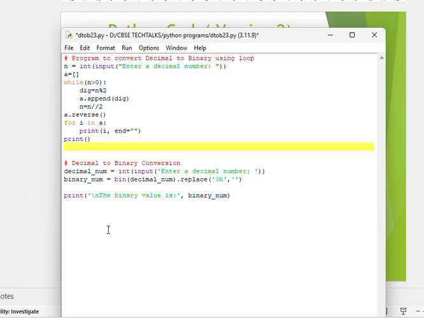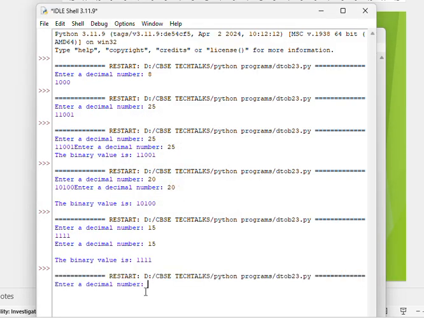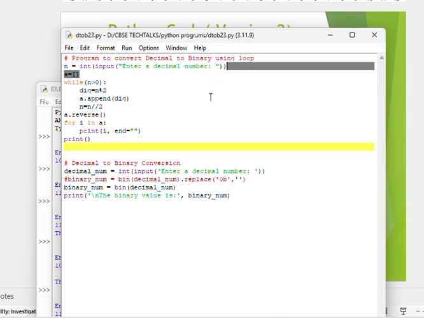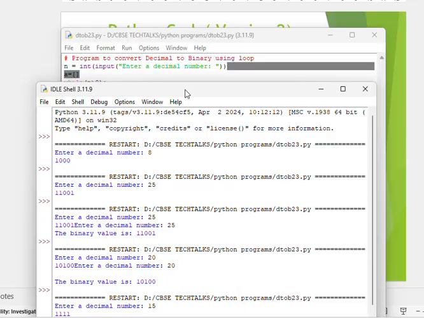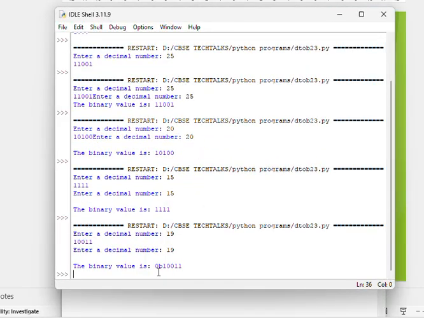What we can do is keep this statement also and have a comment statement. So I will simply copy this, and I will make this statement a comment. As I told you, a comment is not going to execute. So let's run once again. This time I am giving 19 as a number. Enter again, so again I am giving 19. Now when I am giving 19, it is giving you 0b. We don't want this 0b to be displayed. So what we have done is replaced 0b with nothing.